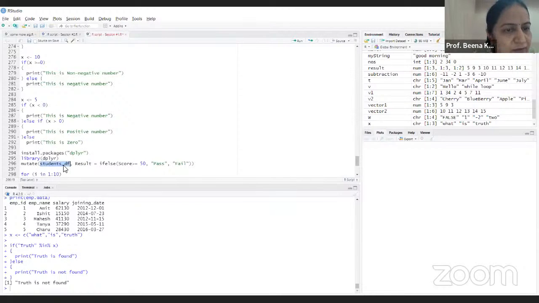Vector is student data frame. In that it will check, and result equal to, now what is result? Then result we can print. So result equal to what? A result can be either pass or fail depending on what? This if else condition: if score is greater than or equal to 50, then pass, else it is fail. So we can write over here result equal to, and then we print the